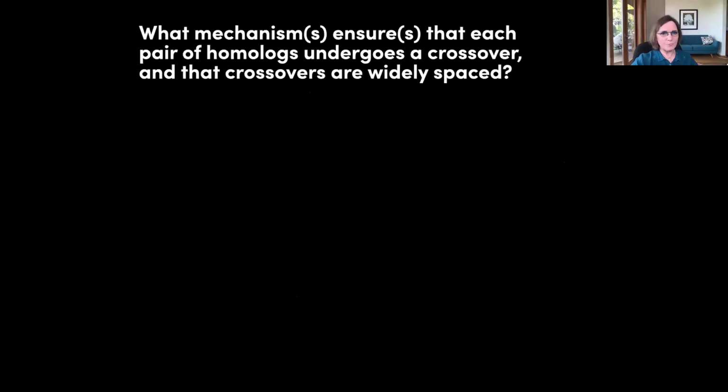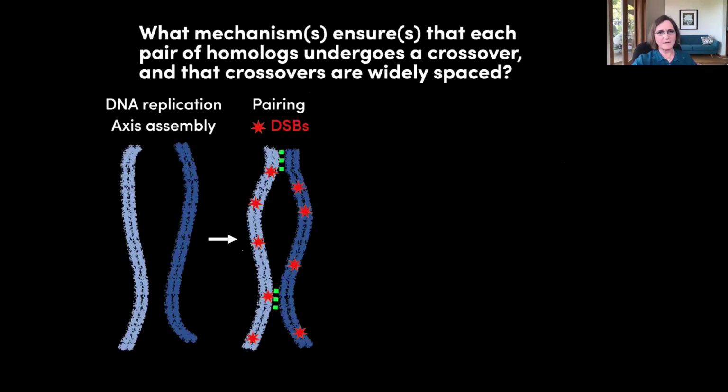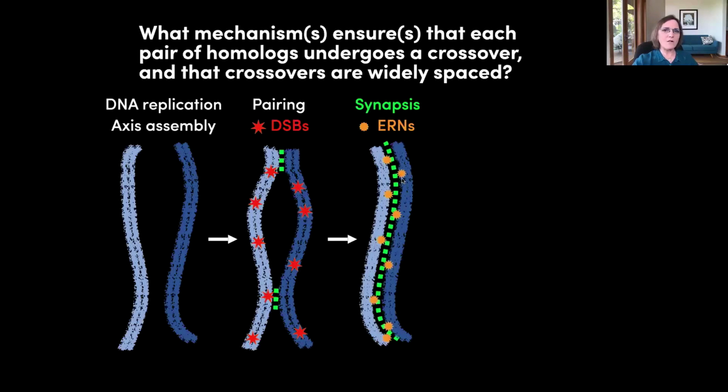So as I mentioned, we know that during meiosis, there are numerous double-strand breaks along each chromosome. Sometimes those breaks are necessary for the assembly of the SC, but sometimes not. And what it looks like in C. elegans is that all of the breaks initiate a process of homologous recombination. And you can see small foci along the chromosomes that are positive for a number of different meiotic recombination factors.